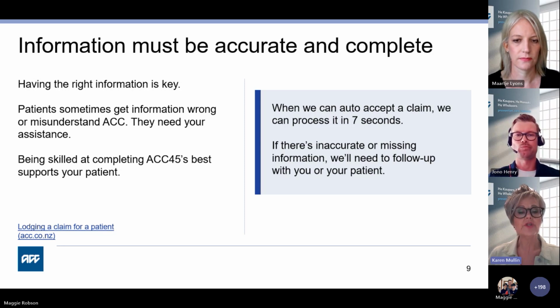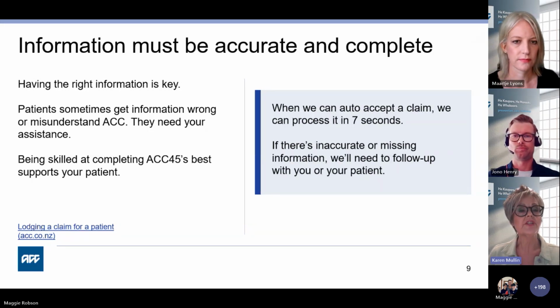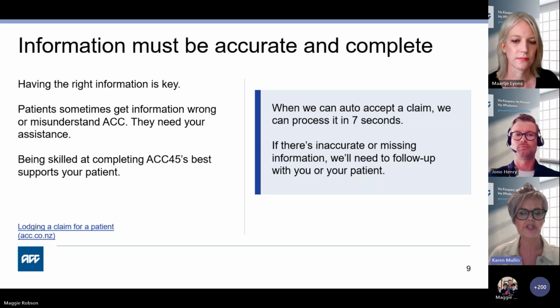Over 90% of claims lodged can actually be processed automatically with the information that you provide. Where a patient hasn't lodged a claim before, the information you give us, we use to create that new client record. That leads to any further claims that come through being able to be successfully matched to that patient. For both reasons, the completeness of what you provide us and the accuracy of the patient personal details are really, really important. Around 20 to 30% of the claims that we get, we can't actually process automatically because the patient information provided doesn't match an existing customer record.